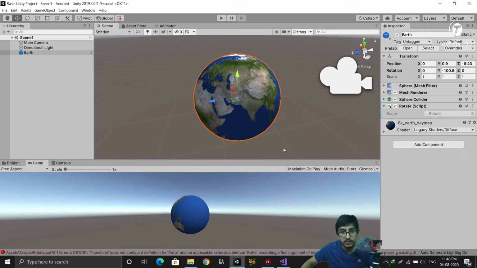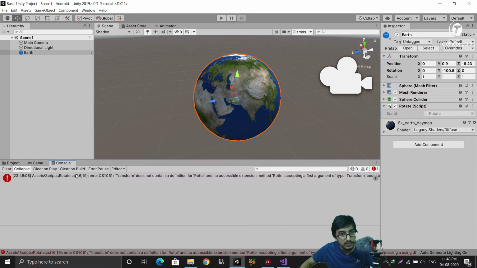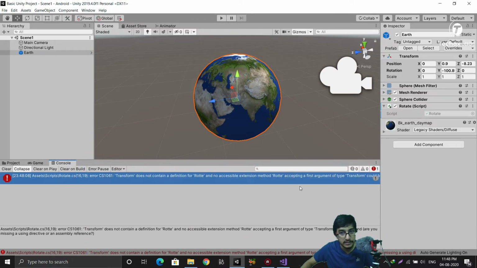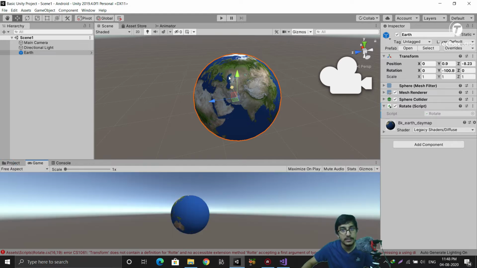This script will be loaded, and here you can see in the console menu we have got the error. Unity is saying that we have some errors. It's actually telling you about that error. So let's clear this console, and I already know what the error is, so I will fix it. And let's hit the play button once again containing this error. So I will hit the play button. I am doing it intentionally.